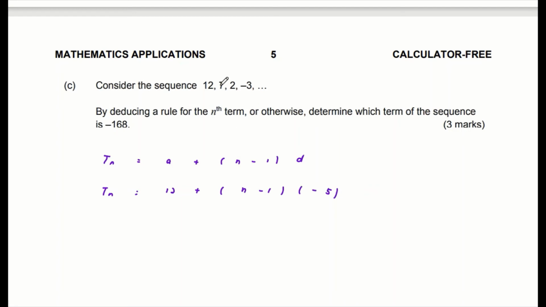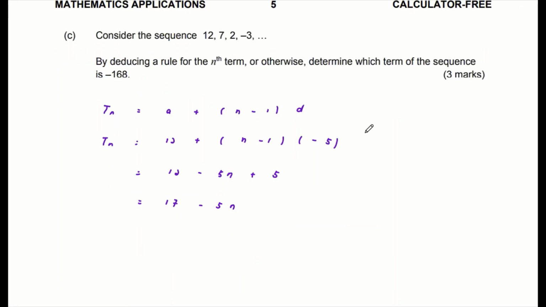No matter which term you subtract the previous term from, you will get -5. So simplify that, and you get 12 - 5n + 5, which means the nth term is 17 minus 5n. So you want to determine which term of the sequence is